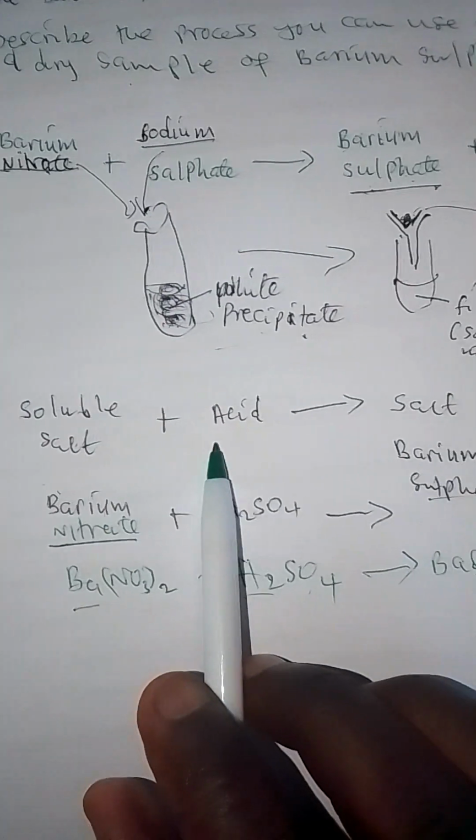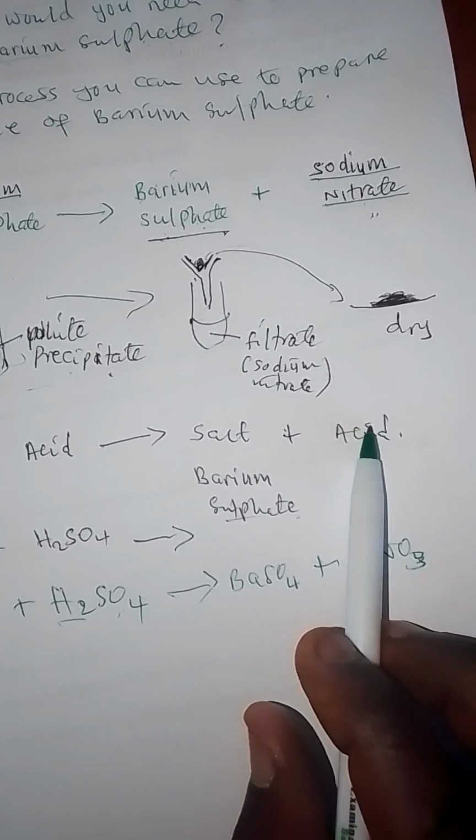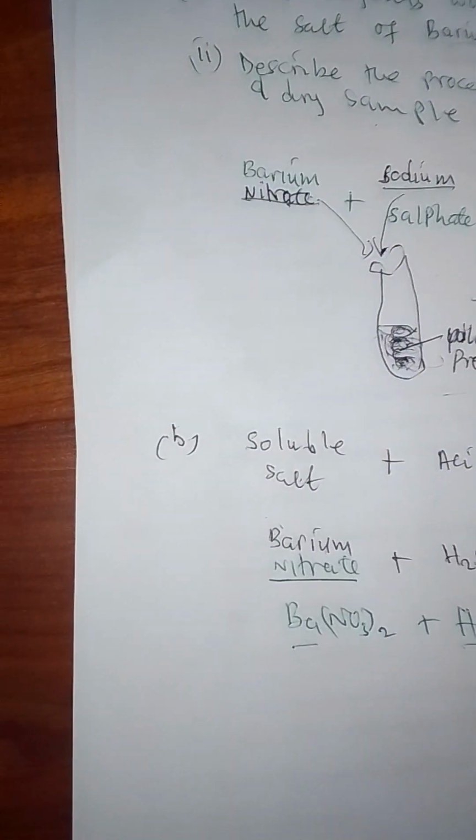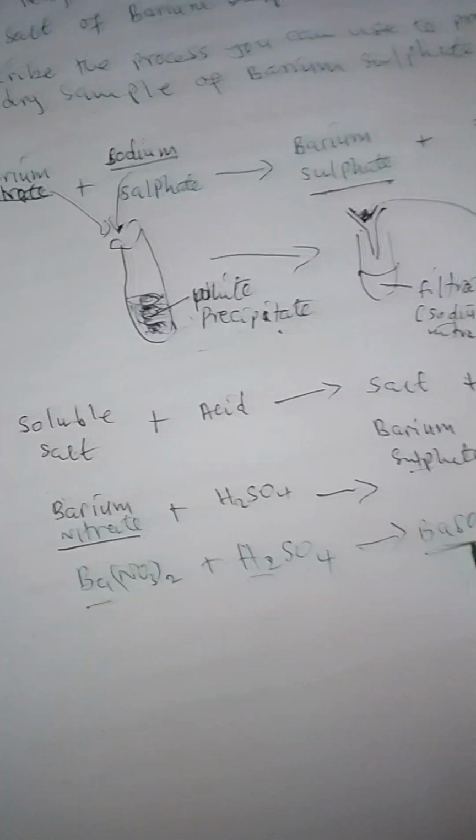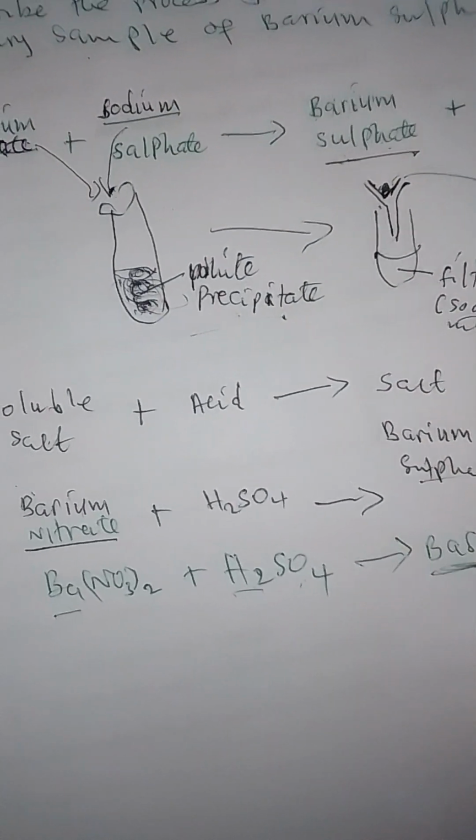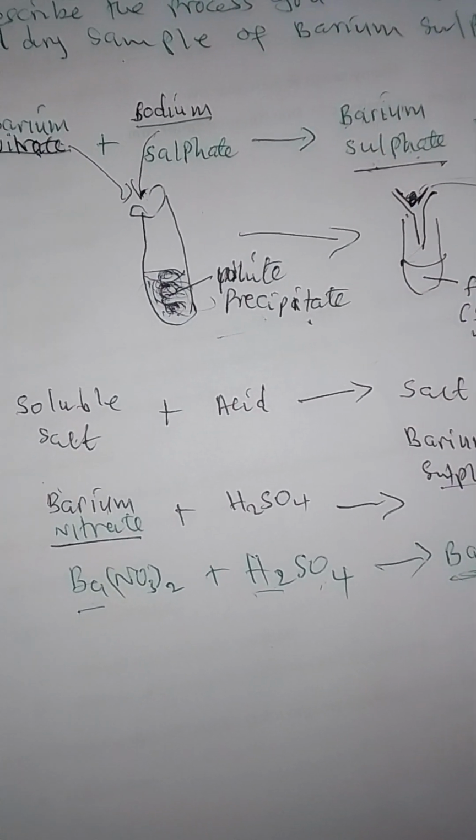This is the acid that we are seeing here. Soluble salt plus acid will give us salt plus what? Acid. Okay? So this is our insoluble salt. So again, this acid and this one